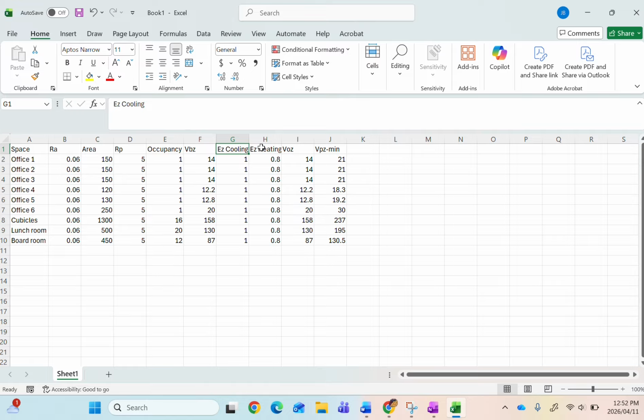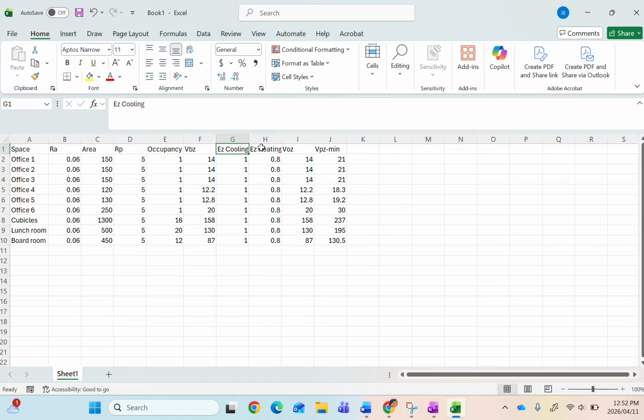So of course this is just 1.5 times our VOZ value, and that is applied to every space. So you can see here the cubicles, for example, need an airflow of nearly 300 CFM, regardless of any conditioning requirements. Just to meet the outdoor air needs, we have to provide a primary airflow of at least 296 CFM to the cubicles. So now moving on to the calculations needed for our VOT value, the intake ventilation to the